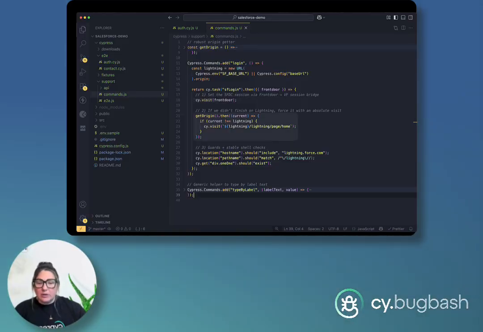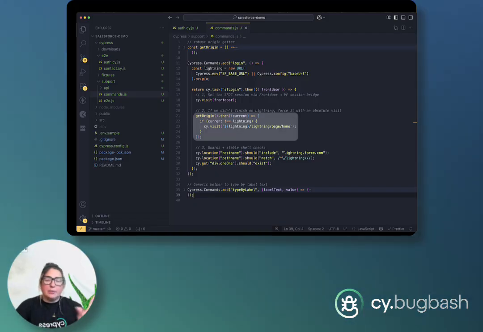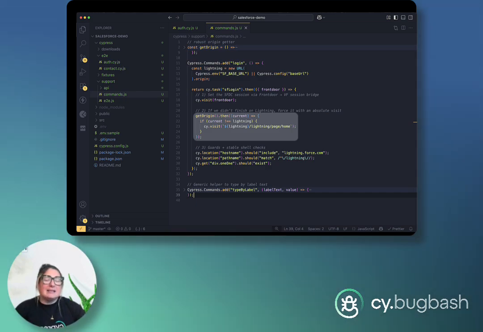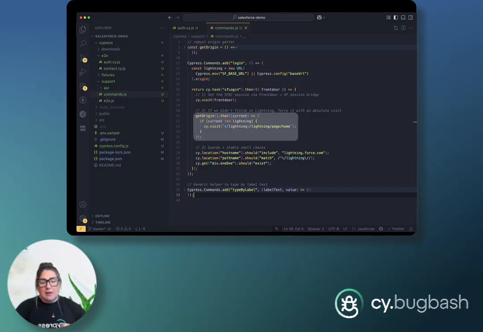The first way we're going to do that is right here. I have a get origin helper that helps you very quickly figure out where you're at. I'm going to take that and compare that to Lightning. Again, this is that base URL that we extracted